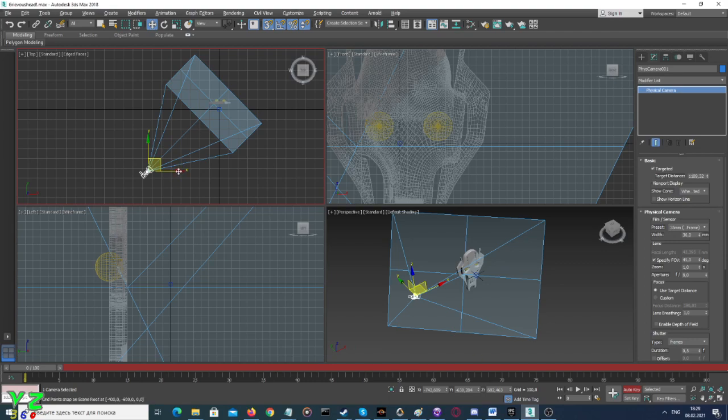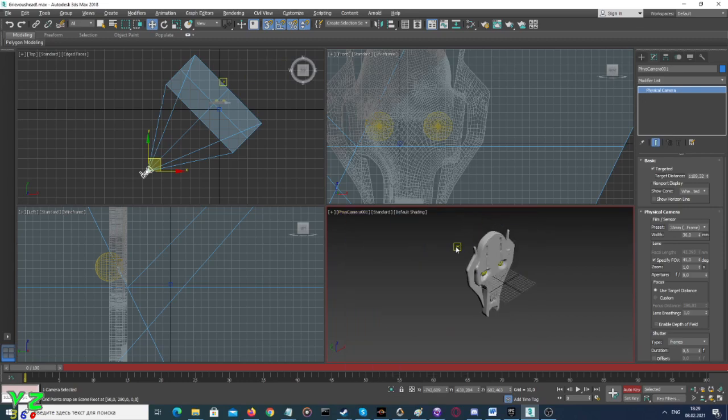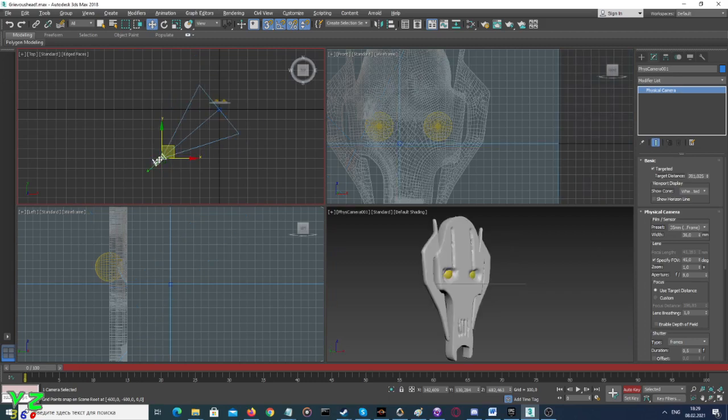And then we need to set the camera to the view that we want it to be in. If you want to check, click on the perspective view again, change to camera, physical camera. It should go automatically to the view of the model in the center if you follow the tutorial. And then you can correct it by making it a bit